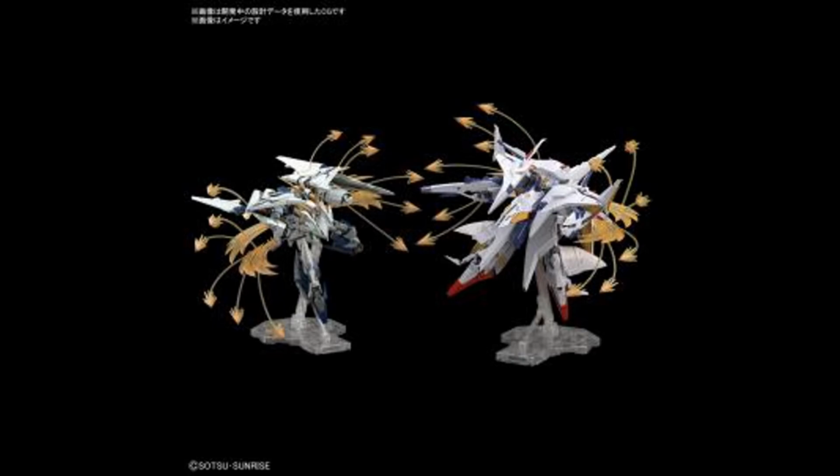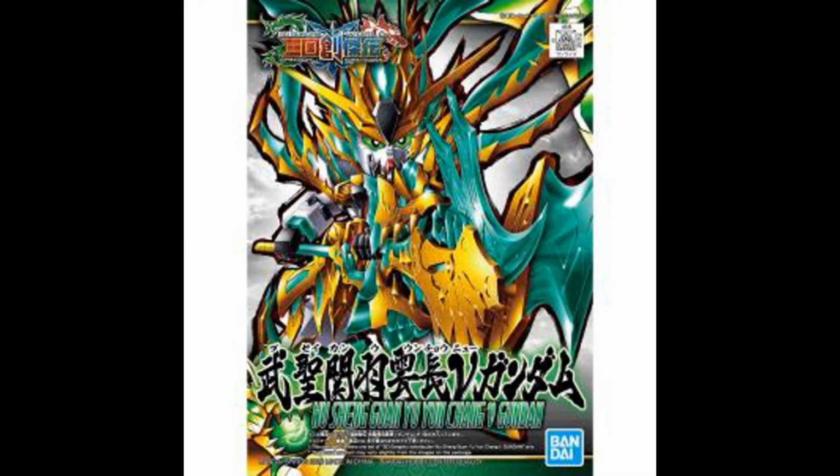SD Sengokuden, another kit of those, and this is the Victory Gundam. As I said before, it just has the V, and this one comes out also on April 24th, at 880 yen. So in just 2 days, it'll be out, and it looks really good. It looks really good in this SD Chinese Dynasty Warriors style. I think it looks cool, but